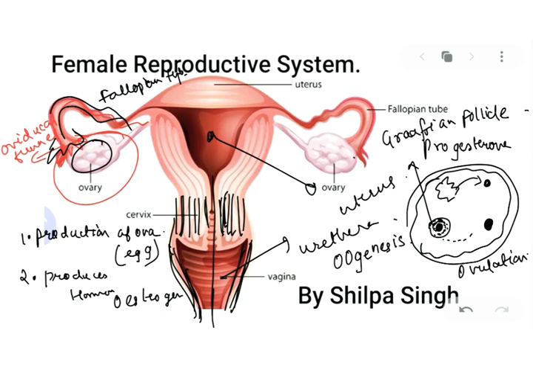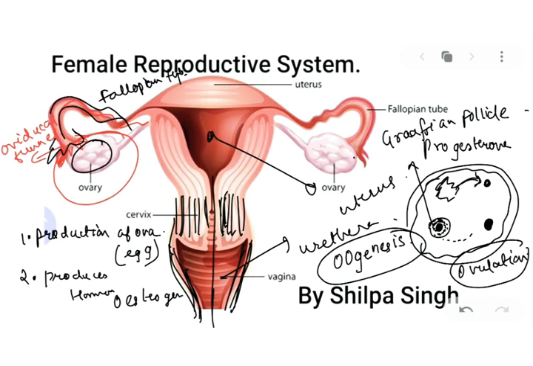What is it known as? Ovulation. So are the 2 points clear? What was oogenesis? Oogenesis was the formation of egg. But what is ovulation? It is the rupturing of the follicle to release the egg. Clear? Now my dear kids, once after rupturing, the Graafian follicle releases an egg, right?